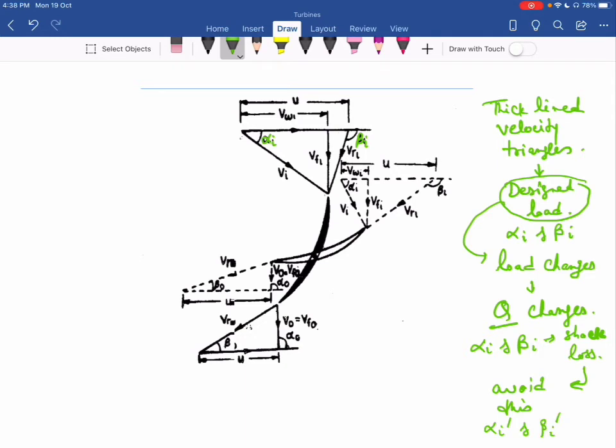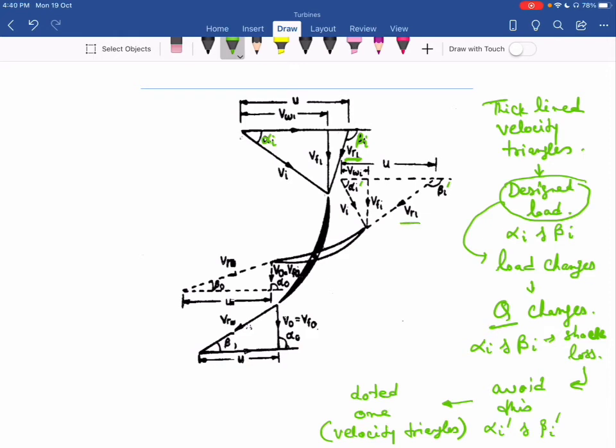So for that, I change the position of my runner blade. Accordingly, at the changed load, now my velocity triangles shifted to the dotted one. So here I have a new value of alpha I dash and a new value of beta I dash. Initially at the design load, water enters at this VRI. When load changes, then the water enters the runner blade at another angle, that is beta I dash,